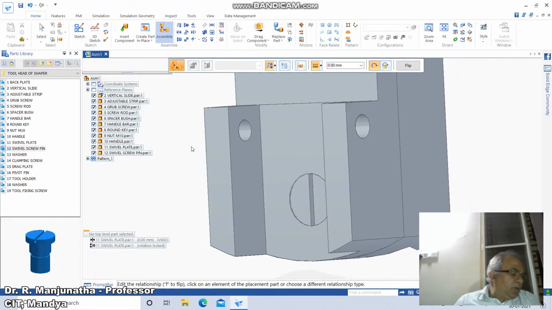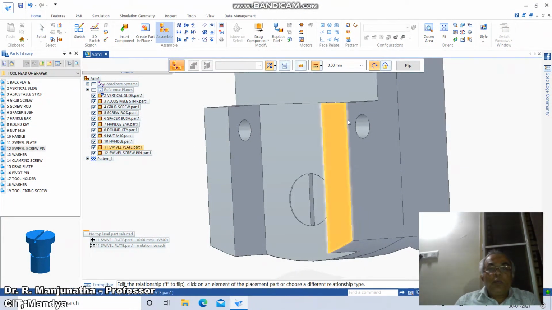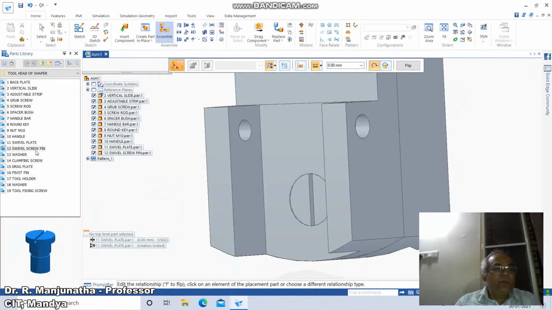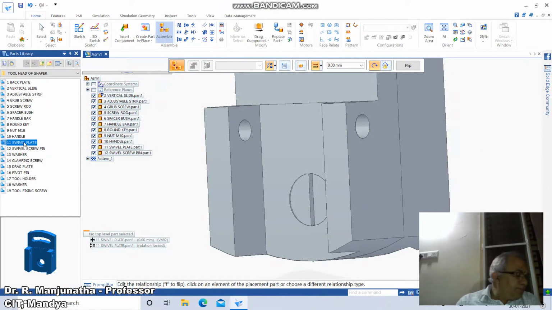So to this we are going to have one more part, the swivel plate. Now we are going to have the round one, which is the 11th one, the swivel plate. To this we are going to have part number 15, which is the drag plate.